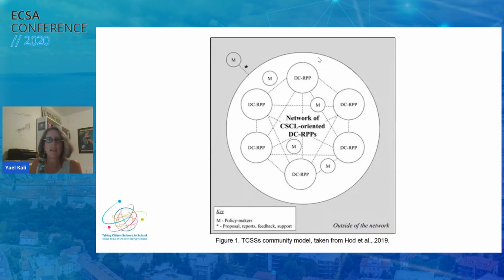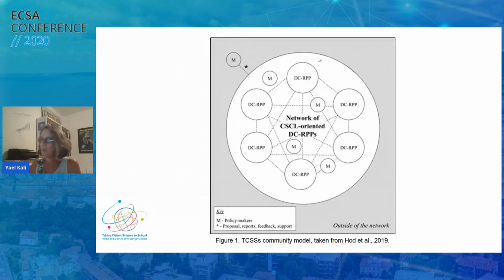And this led to the formation of the Taking Citizen Science network, which currently accommodates about a dozen multi-expertise research practice partnerships around various projects such as youth sleeping patterns, radon emission in homes, and jellyfish swarms in the Mediterranean